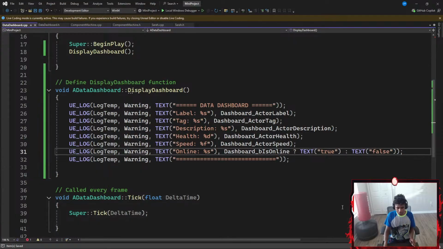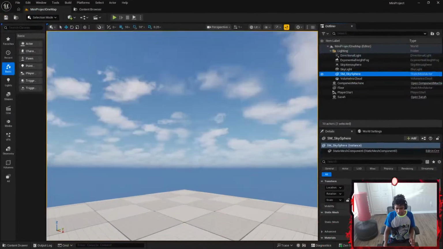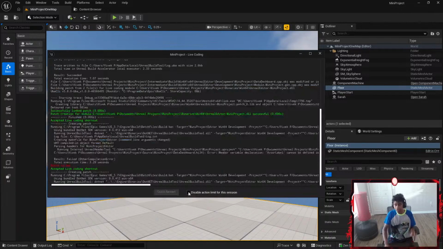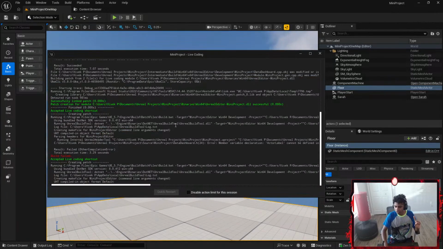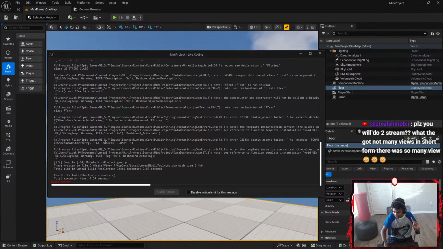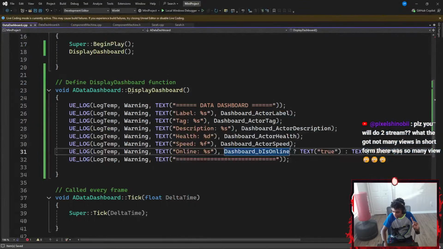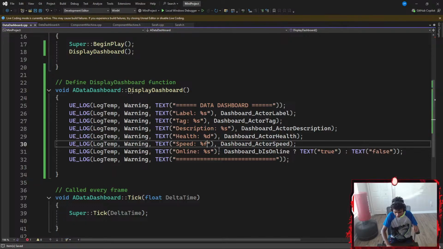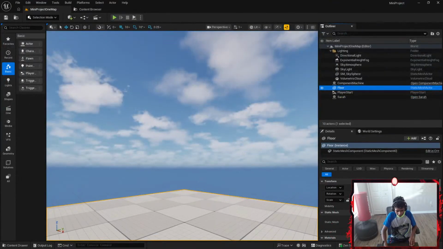Now if I hit Control S to save the code, move on to my Unreal Engine, hit Control Alt F11 to compile the code. Let's wait for the code to compile real quick. Okay, oh wow, I got compilation errors. I know exactly why I got this error now, because of my format specifiers. Maybe %f is out of the question. I might remove this and add something like %d. Let's hit Control S.